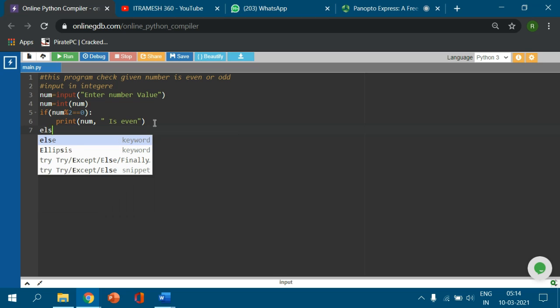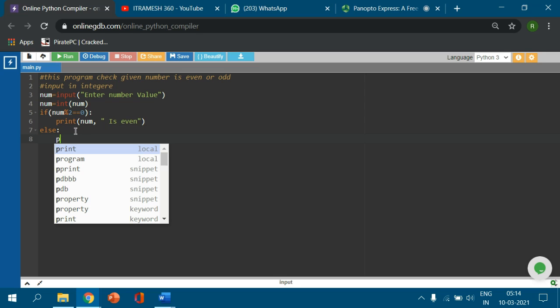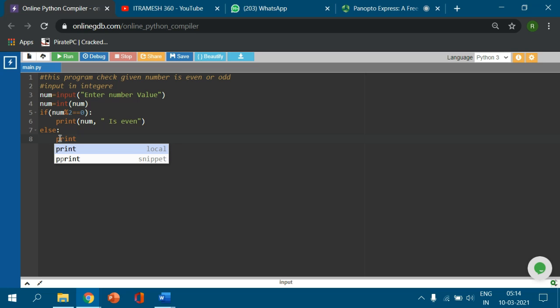And here I am going to write else. So the else and if are at the same indentation level, which means this else is associated with the above if, and this print statement is also part of the else. So I print here number, right, is odd. Okay friends, here I have written the program and will check whether it is working perfectly or not.